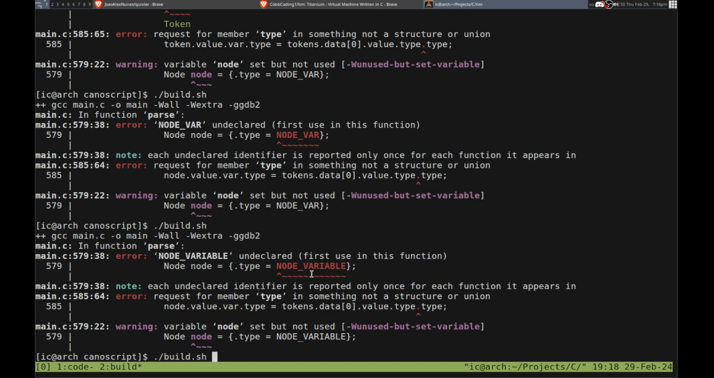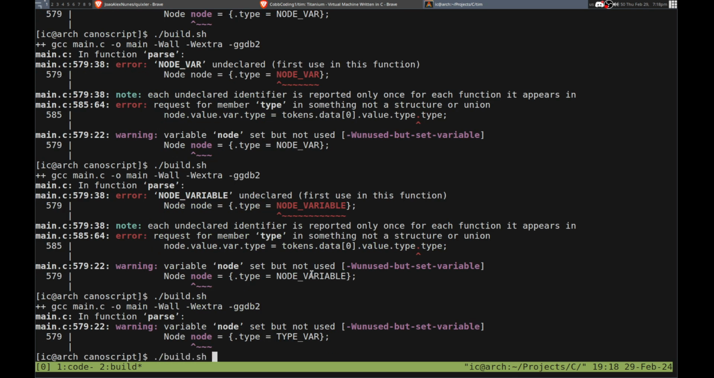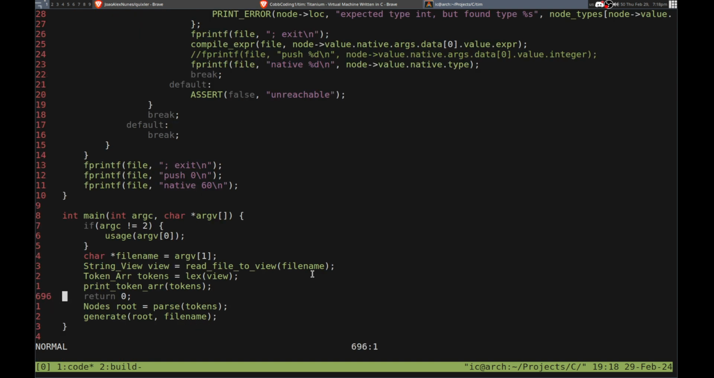Type. Okay, build that. Now node is set but not used. That's okay. So we're going to DA append it. That should be all that we need to do here. So obviously this is not exactly optimized, but should be able to append it. And then I think if we try to print it,